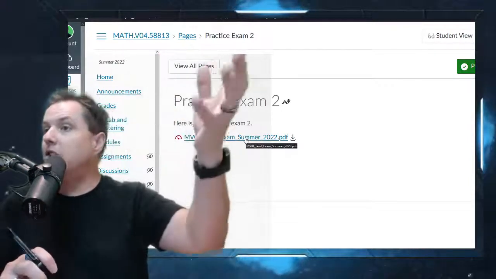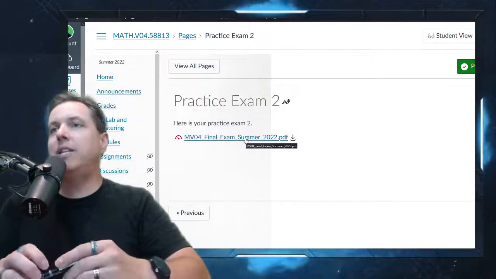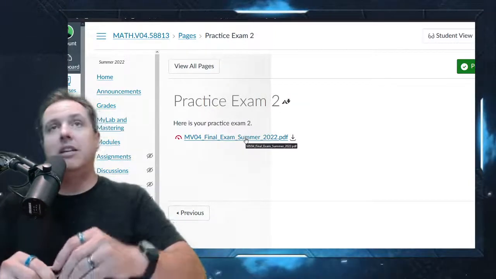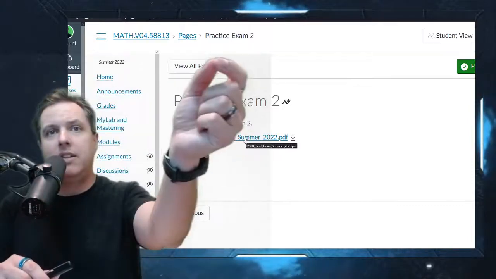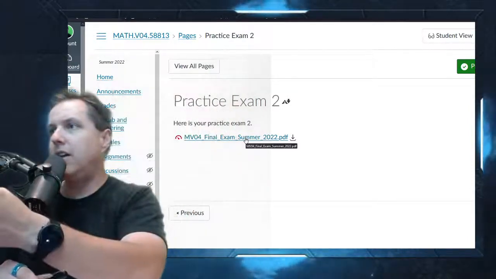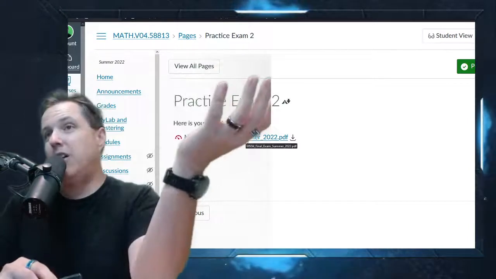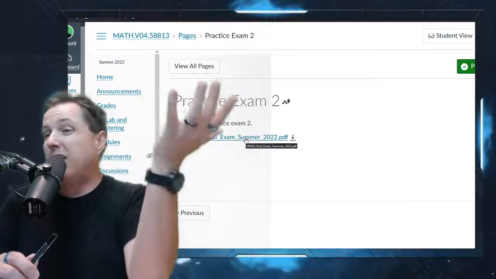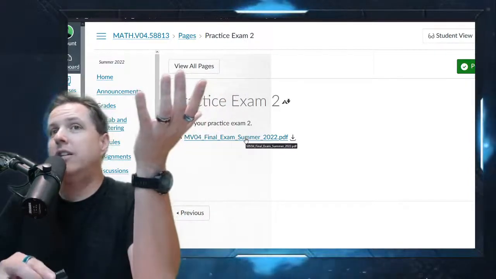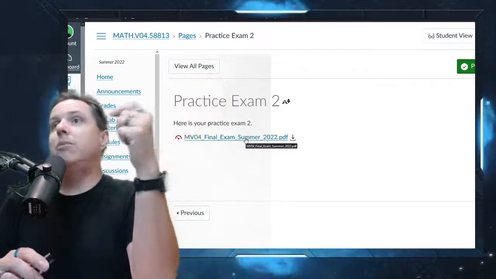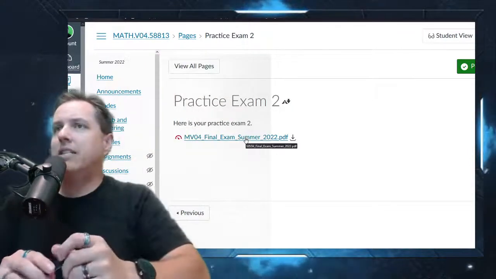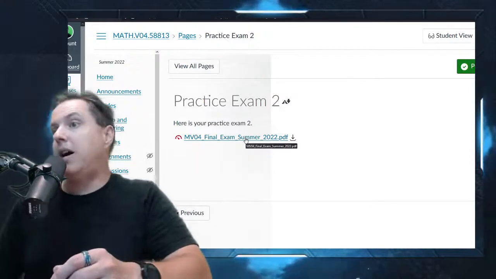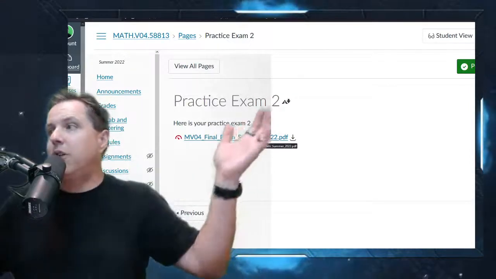The problems are a little bit different, but the practice test is just meant to give you an idea of the kinds of things that I ask on a regular basis. It doesn't mean the problems will be exactly that type. Especially with logarithms and exponentials, people say, remember there's five or six different types of log and exponential equations, and some people go, oh, you didn't have this one on the practice test. That's not the point of the practice test, to do every possible problem. Otherwise there'd be hundreds of problems.